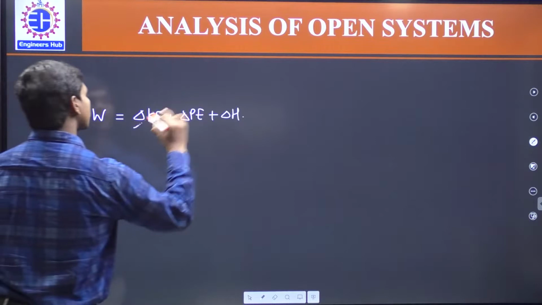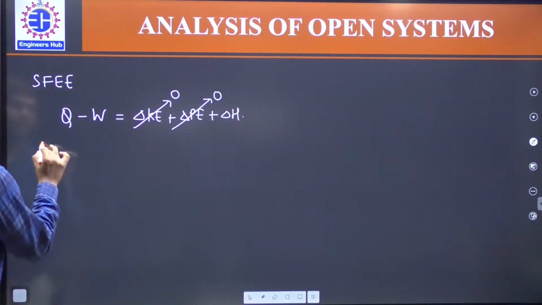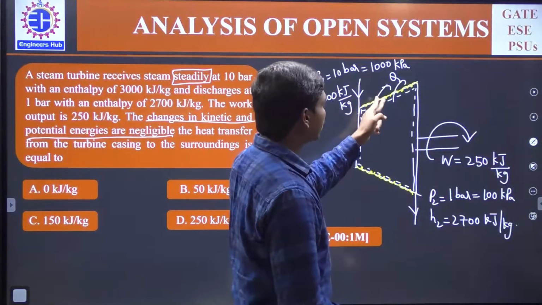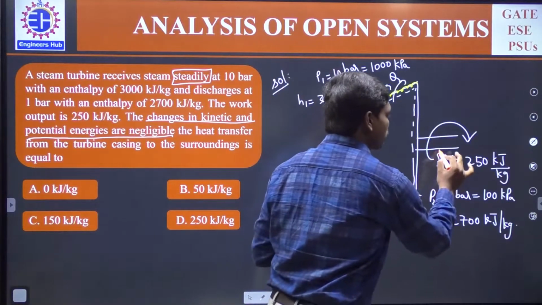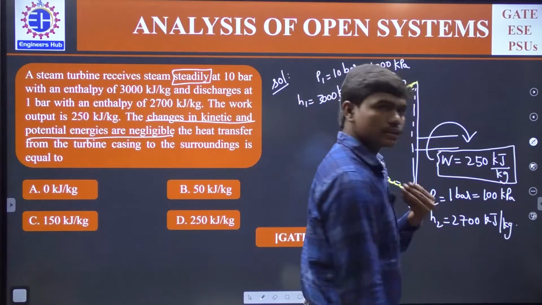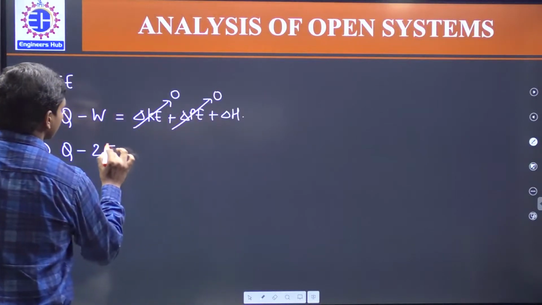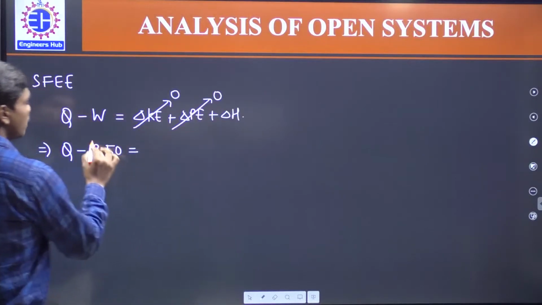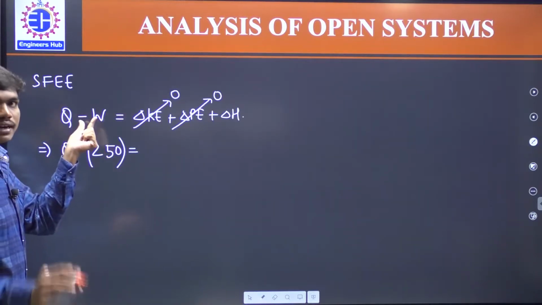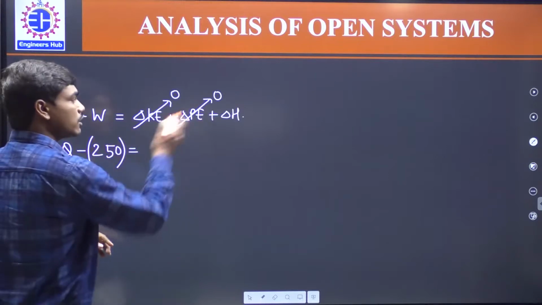They asked us in the question to neglect the kinetic energy and potential energy changes. The work output by the turbine is 250 kilojoules per kg, and the final options are also in kilojoules per kg, so let us substitute in kilojoules per kg. I am not changing any sign of this 250, because the minus W was obtained in the initial equation when we assumed that work is done by the device. So minus 250 is equal to, these two being zeros,